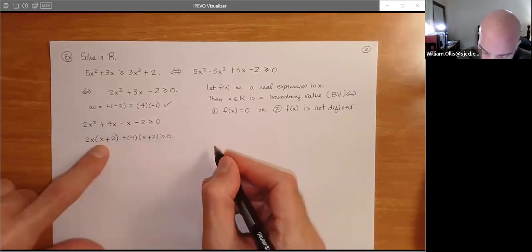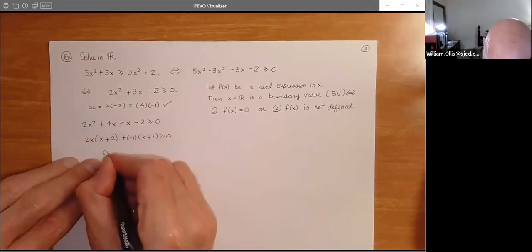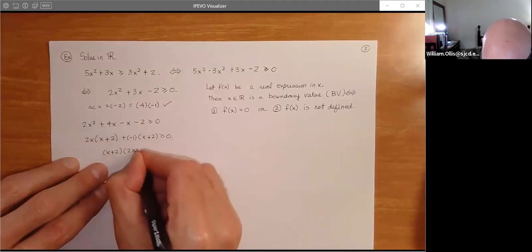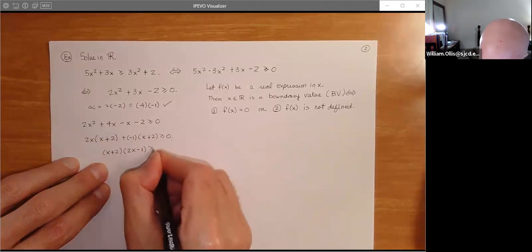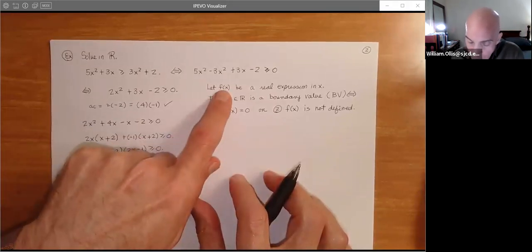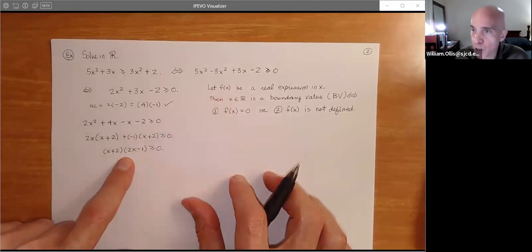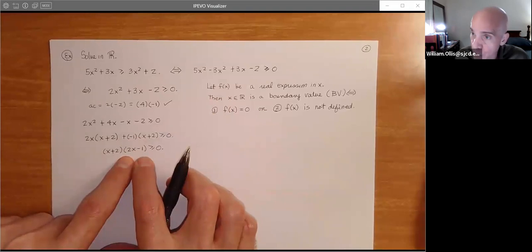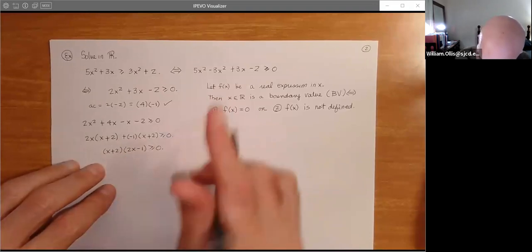So now we can factor. We have x plus 2, and we have 2x minus 1. So now we think of f of x here as being this expression that's factored. And so now by the zero product property, this will say